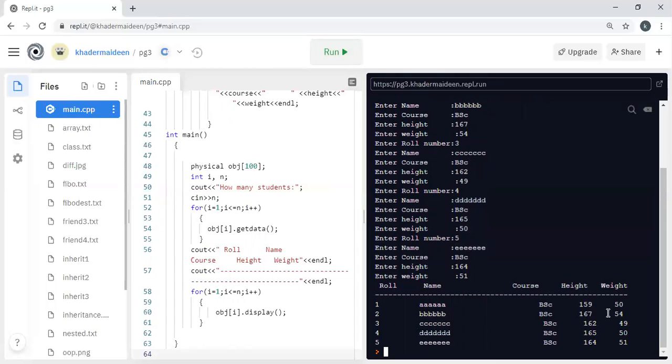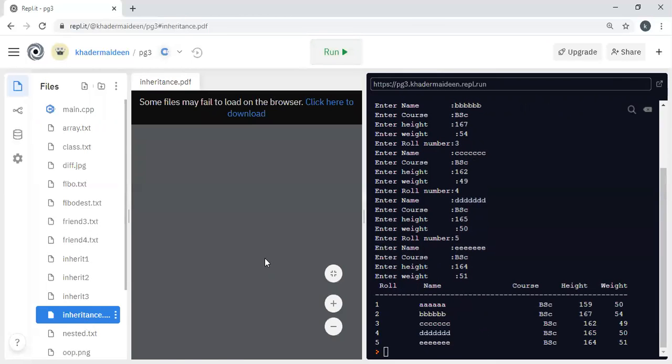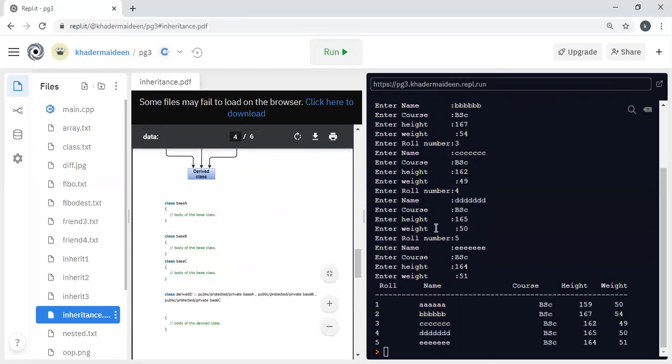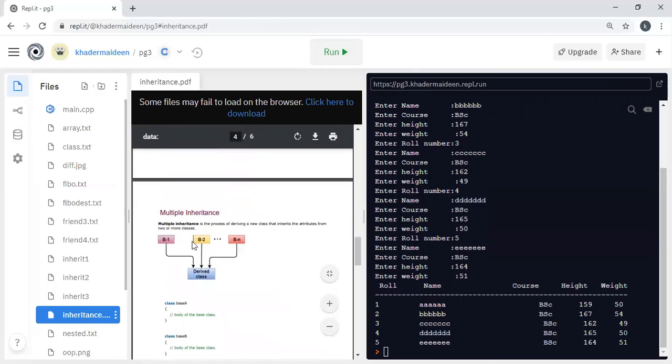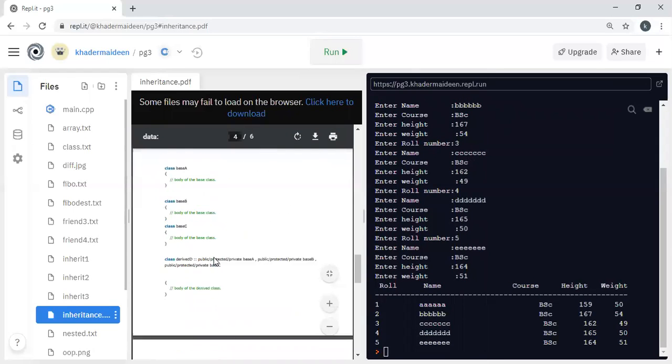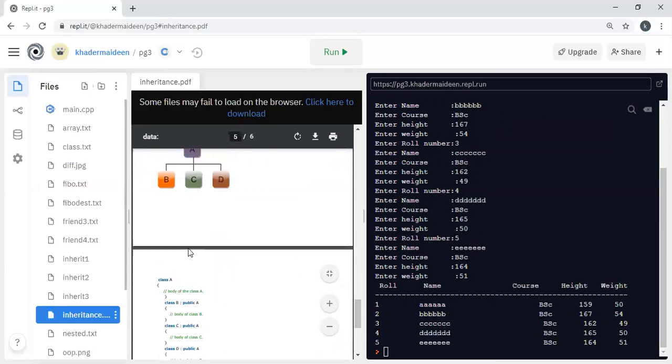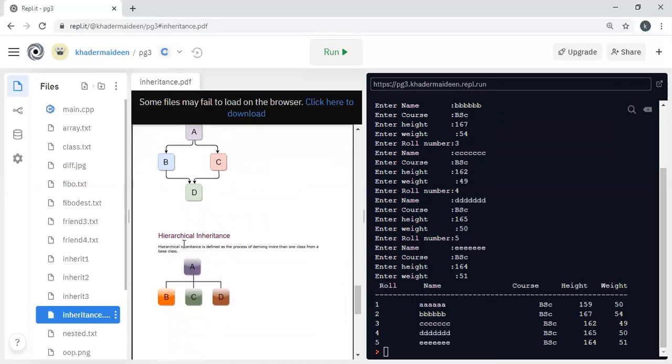Therefore here we display the data. So this concept is multiple inheritance. Like that, you can write the program for the hybrid inheritance as well as the hierarchical inheritance.